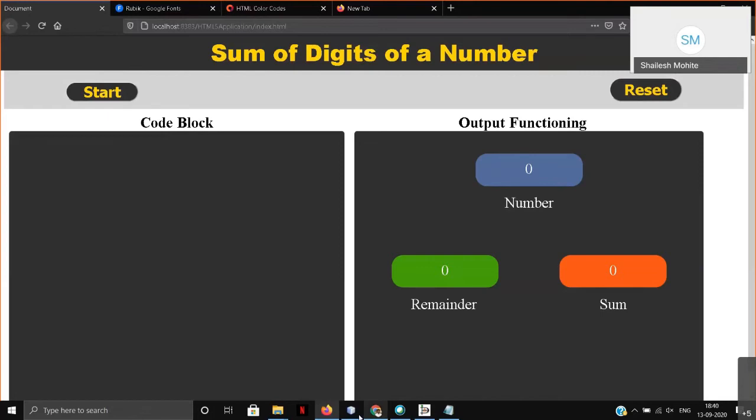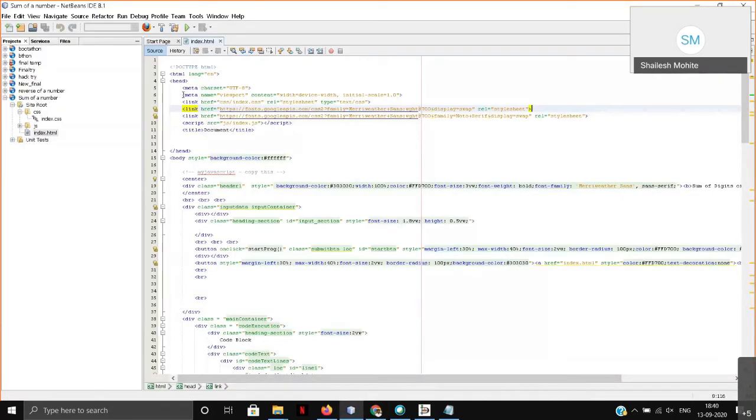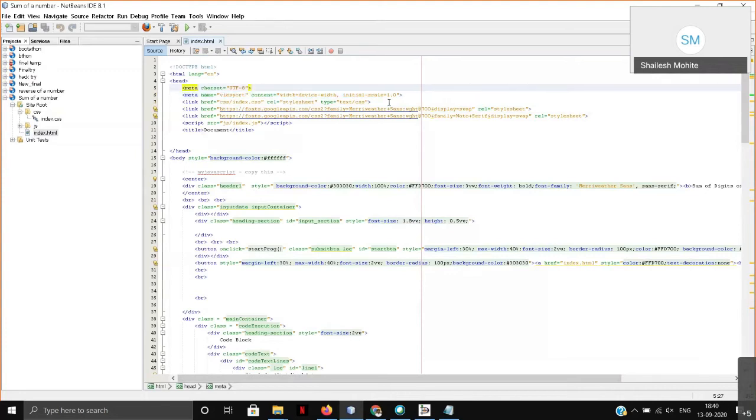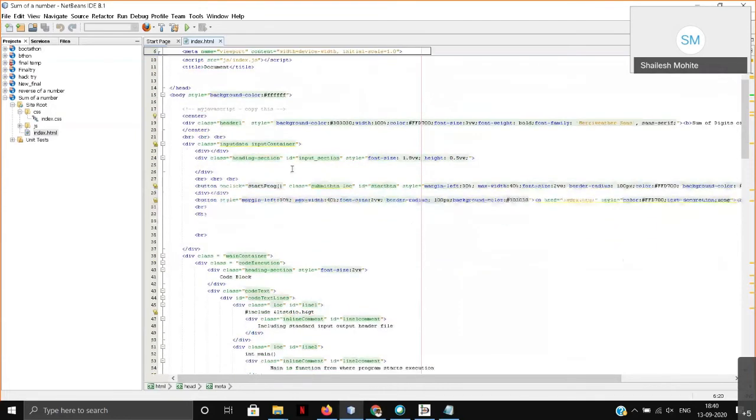If you don't know how to do that without using Bootstrap, I will tell you that in HTML there is one thing known as the meta viewport. It is a meta tag which contains viewport, with content width equal to device width and initial scale equal to 1.0. That is the default used by all devices, and according to your device it is going to change. And viewport has a unit known as vw, right?